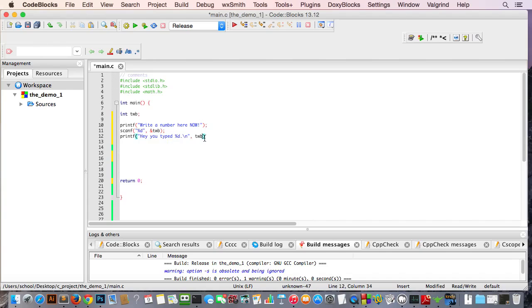TWB. And as you notice here, we're not using the ampersand there. We don't need it in the printf function. All right, and we're gonna close it with a semicolon, and that's it. Now that we're giving the user some output, we need to actually test. So we are going to write an if statement with a parenthesis and an open and close curly bracket, and we're gonna say, hey, if TWB, right, is